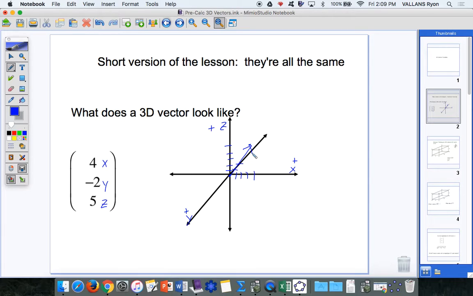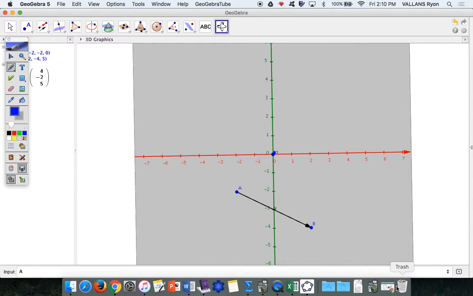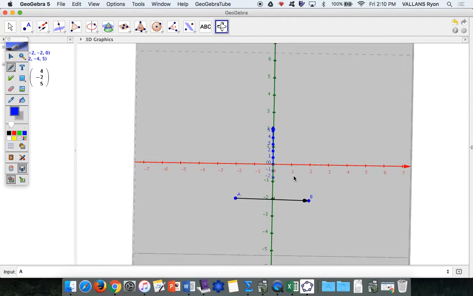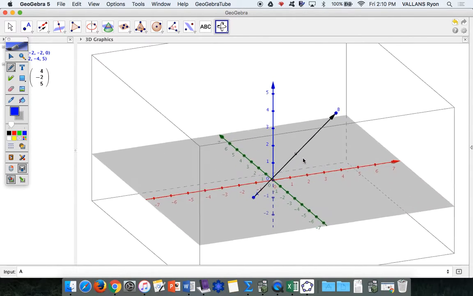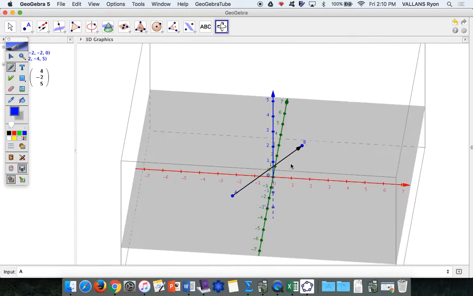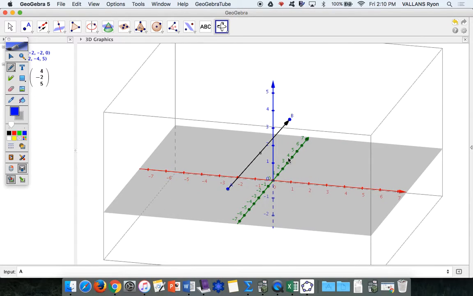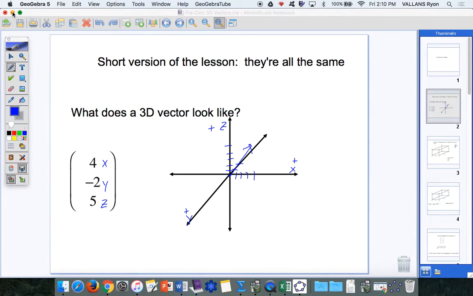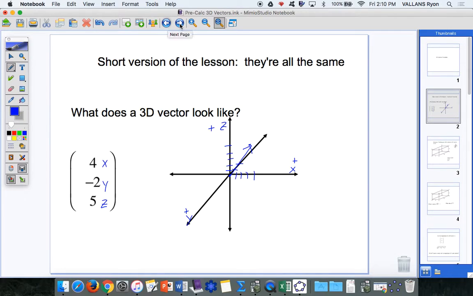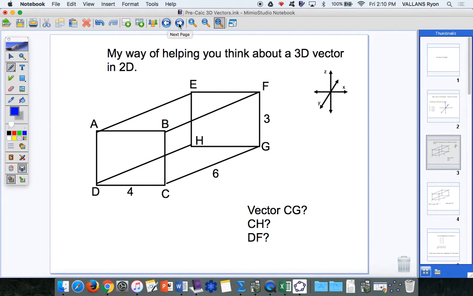That's tough to see, so I'm attempting to show you the same thing here. So you can see here that it's 4 on the x going left and right. And also, let's see if this works. Nope. 4 on the x, 2 on the y, and you can see if I rotate this, that's what the vector would look like. Okay, so that being said, it's going to be one of the toughest things to think of it as three-dimensionally. So a lot of times, to let you be able to see it three-dimensionally, even though I'm only drawing 2D,